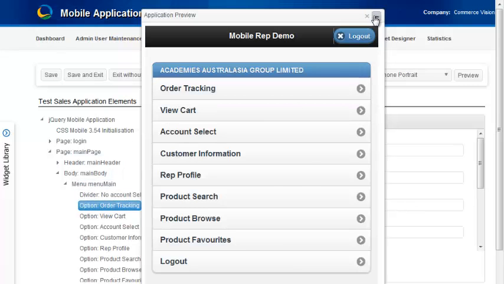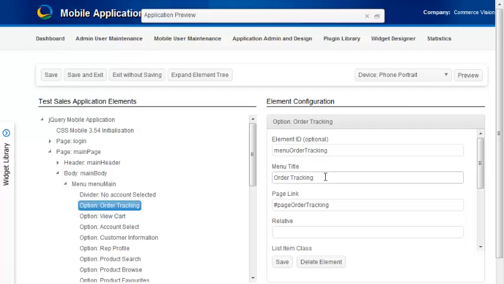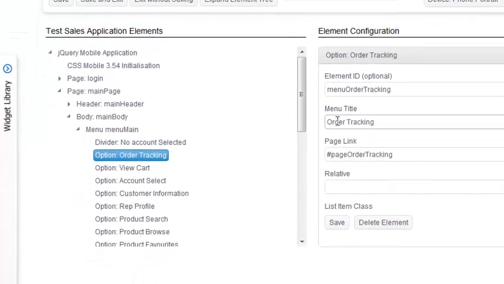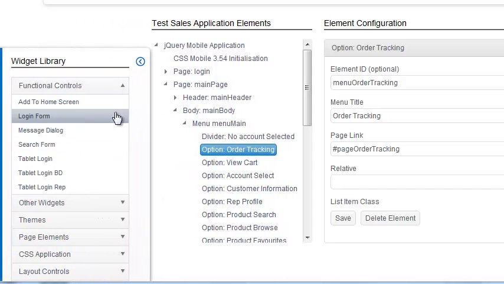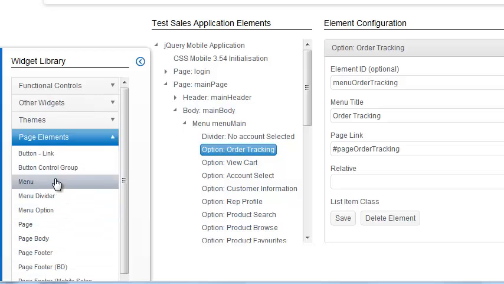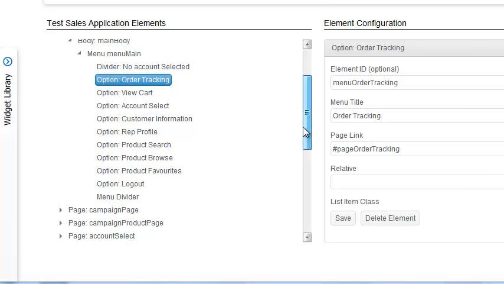So with any of the configuration options, we can change the menu titles or all that sort of thing. I'll show you bringing in a new widget into the application. So if we move down to page elements, we might want to add a menu divider into our menu, so I can just drag that over to the menu item. I'll hide my widget library again. That's now appeared down the bottom.